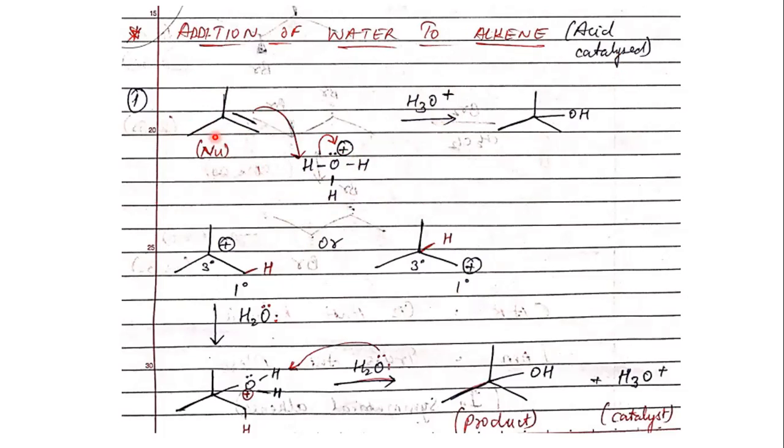This is your alkene. I've taken one example of an alkene here. The alkene is going to act as a nucleophile because of the presence of this electron rich double bond, this pi cloud here. So this pi cloud is going to be attracted to one of the hydrogens. The bonding electrons of this hydrogen and oxygen are going to be pushed onto the O of the H3O+, due to which the first step that is going to happen is this H is going to be attached to either of these carbons.